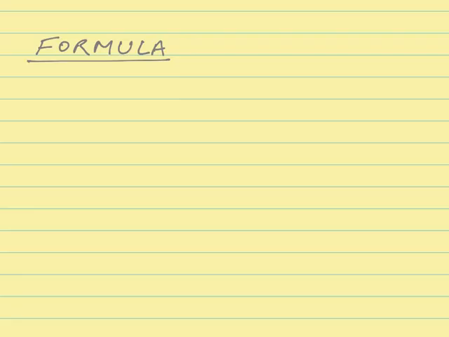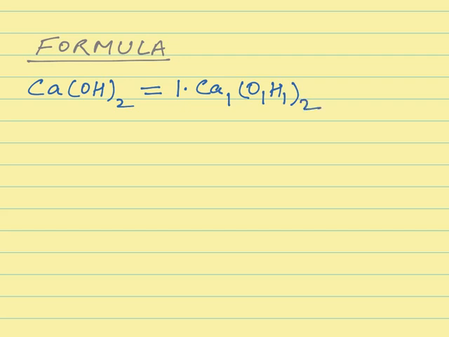Now we will take a slightly more complex formula. Let us assume that we have been provided with this formula of calcium hydroxide. Now again, it is easy to count the number of different types of atoms present in this formula in the following manner. When nothing is given, we will assume it as 1, then Ca1, O1, H1, and outside the bracket it is 2.